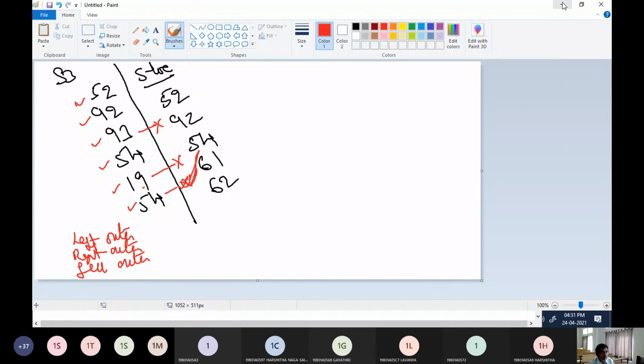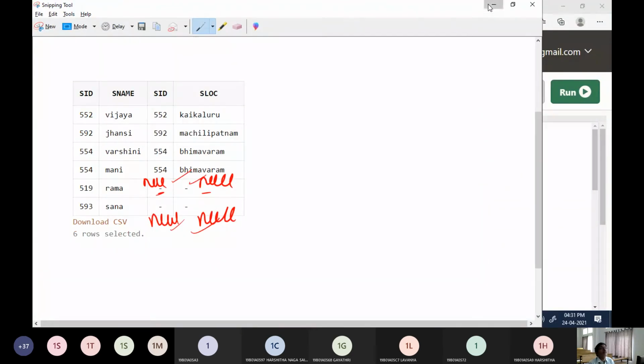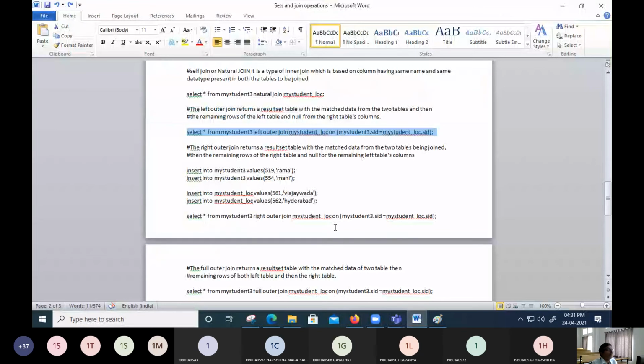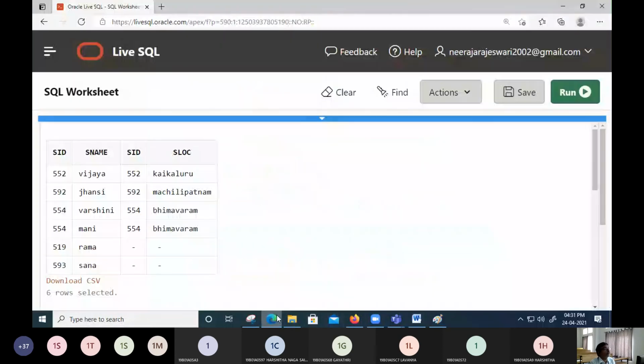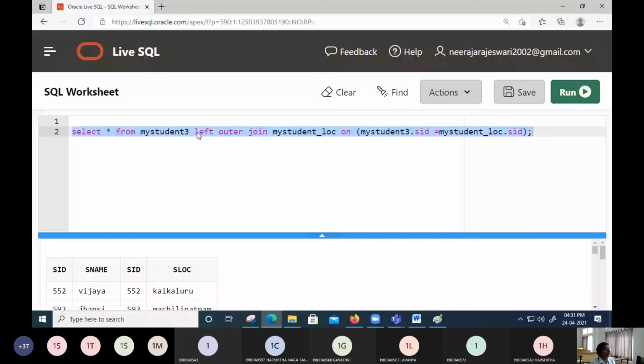Now let us see what happens if we are working with a right outer join. What is the change you can write?